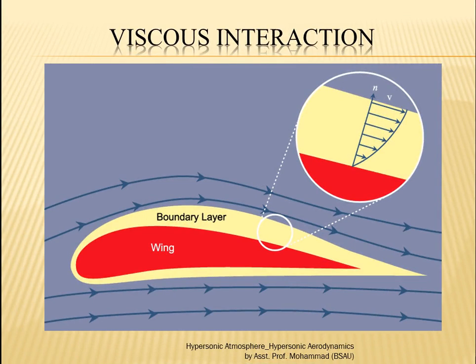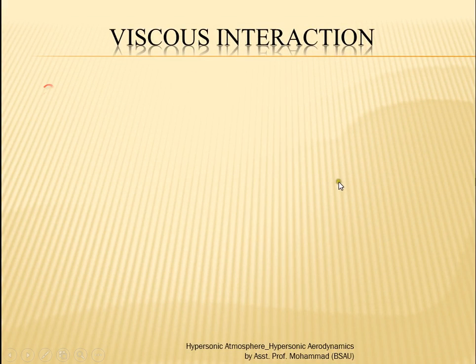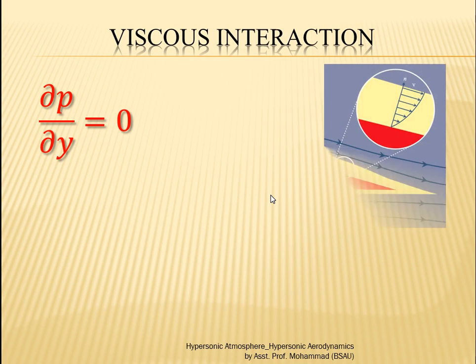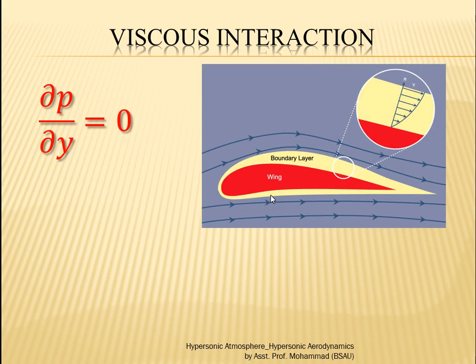Now let us consider this boundary layer again. Here we have taken this small section and enlarged it, so you have a velocity variation here. In this particular region, we have already discussed that the pressure variation perpendicular to the surface remains constant. You should recall the learning from the subject of heat transfer, where you studied the boundary layer in convection, forced convection